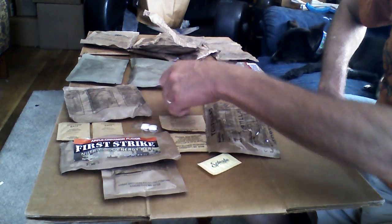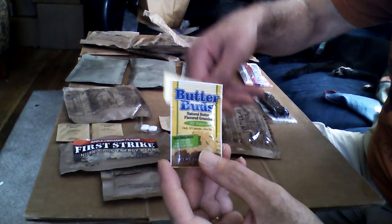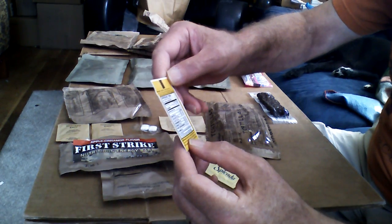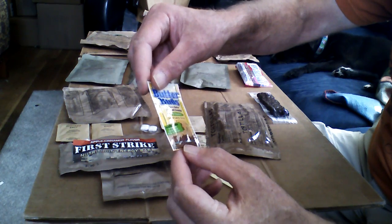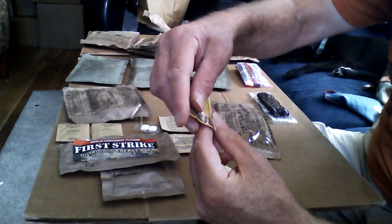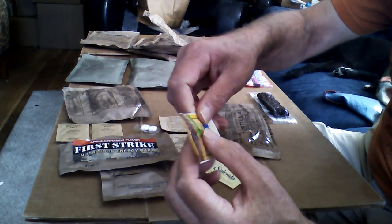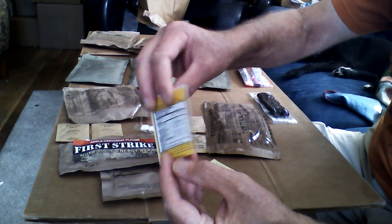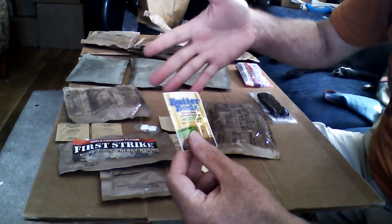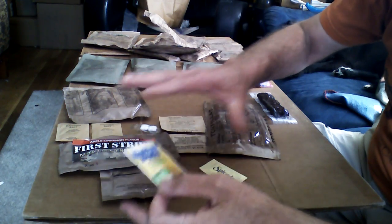When it comes to guys like this, now these again, they're off the shelf items from basic consumer manufacturers. What their hope there is that since this product does not have a use by date anywhere on it, it does have a date on it. I take that back. 3226 was the manufacturer date. So if you get a hold of the manufacturer and ask them, well, it's got a 3226, they're going to have to at least go 5 years